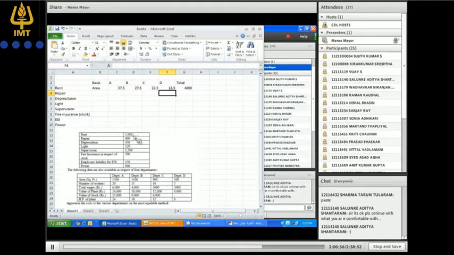Now total rent is 1000. So if total rent is 1000, the proportion of rent should go along with the proportion of area occupied by these 4 departments. So if this is the percentage, then you can simply multiply this by 1000 in order to reach the, what has happened? Oh, sorry.